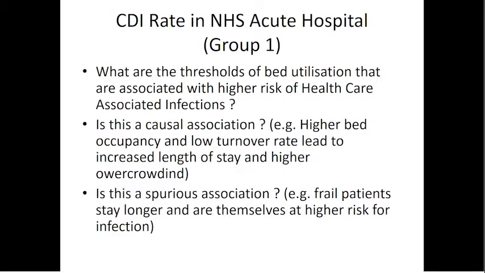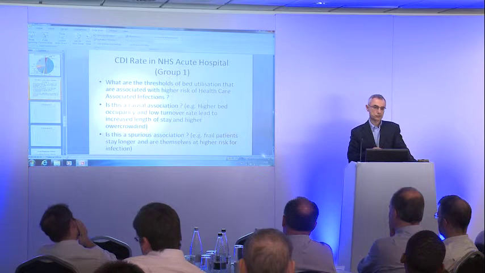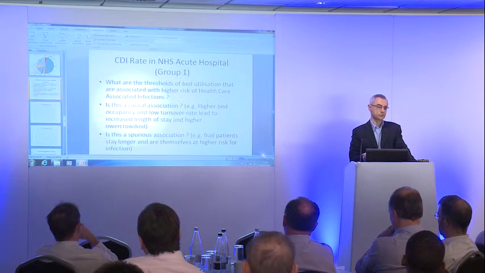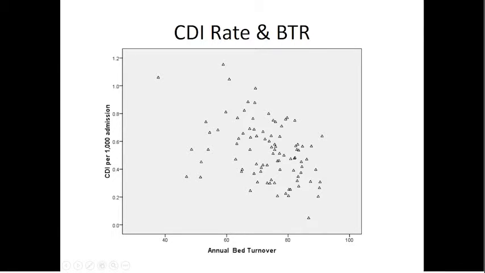Now, the CDI rate in NHS acute hospitals. I took only the acute hospitals in order to reduce the confounders. Basically, what I wanted to ask the analysis is, what are the thresholds of bed utilization that are associated with a higher risk of CDI rate? Is this a causal association or a spurious association, because frail patients can stay in acute hospitals longer and therefore there may be a confounder? So what I did is first I